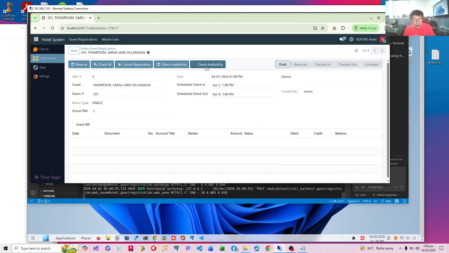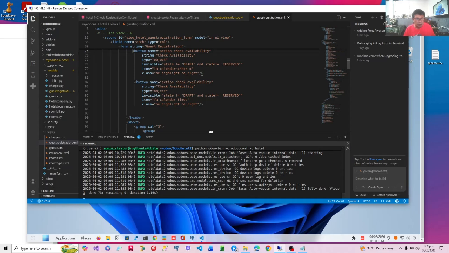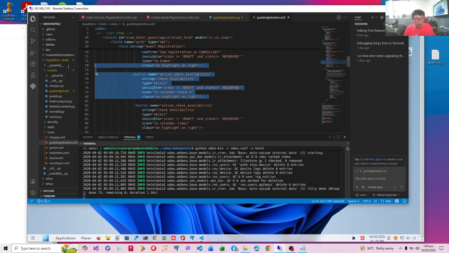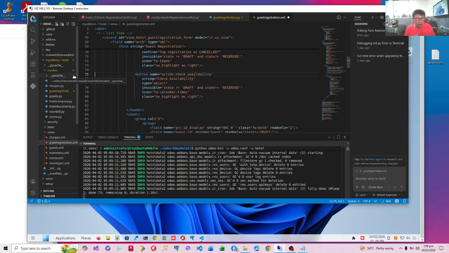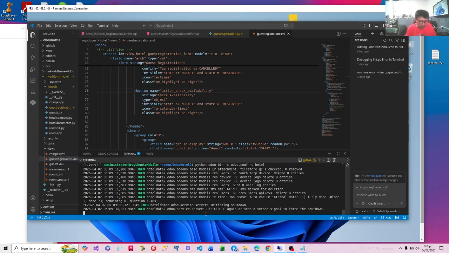I have indicated two buttons, but anyway, I'm going to remove one of them because maybe I've created it before. Yes, let me just remove it. So let me update it again.